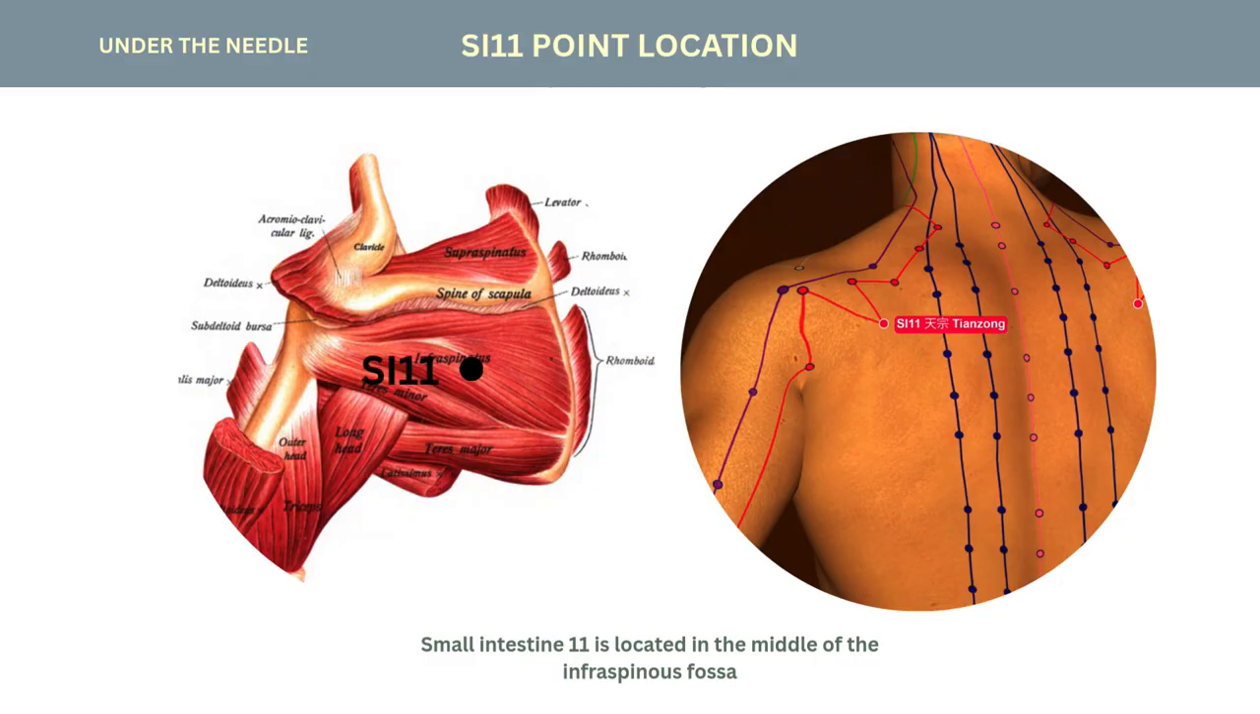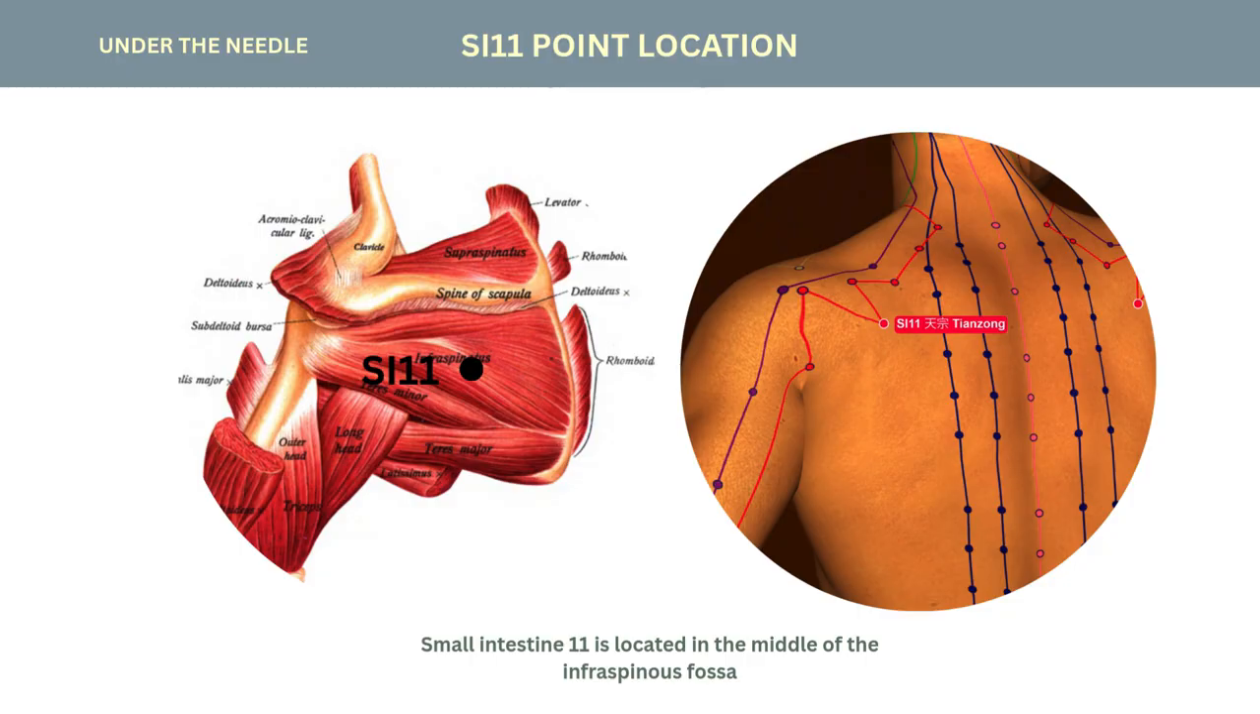Small intestine 11 is located in the infraspinous fossa of the scapula, approximately 1/3 of the distance from the medial border. Palpation places you directly over the infraspinatus muscle, a key external rotator of the shoulder. This point sits in a mechanically significant region of the posterior rotator cuff, especially in patients with chronic shoulder instability